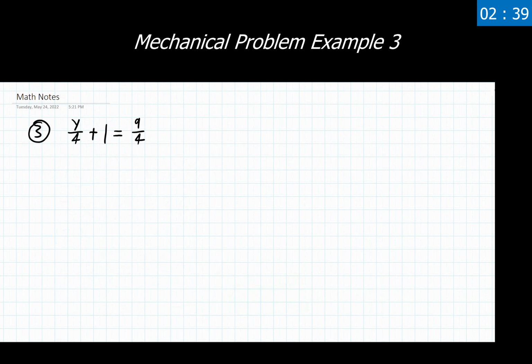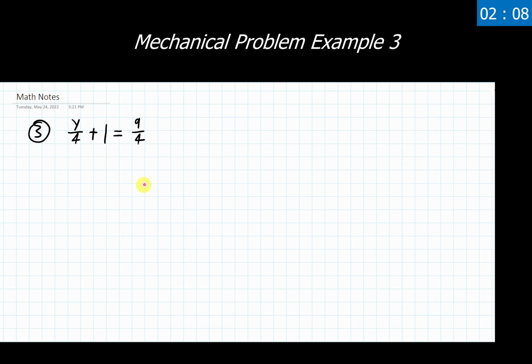Example 3 here is where we start to see some weirder things showing up. We now no longer have a fraction equals a fraction. We now have a fraction plus something equals a fraction. So initially, looking at this, this plus 1 is not contained inside of this fraction at all. It's outside of that, meaning we have an extra term, which ultimately means that at this point in time, I cannot use cross multiplication to get to my final answer.